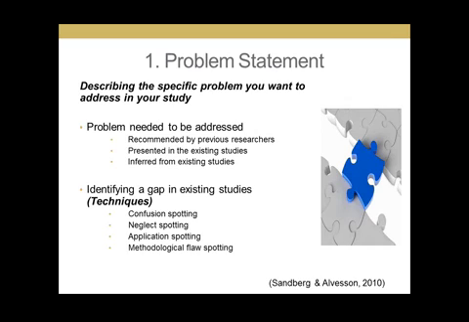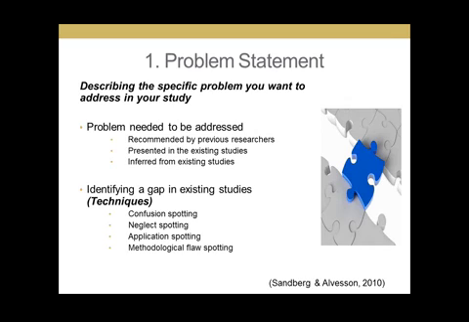The last one is the methodological flaw. Let's say you are reading the research and realize that, oh, I think they used the wrong approach, or the research approach that they used wasn't suitable. Then you can do your research and use the right approach to look into the same issue, situation, or case that the research did a study on. And also maybe how they analyzed the data was wrong.